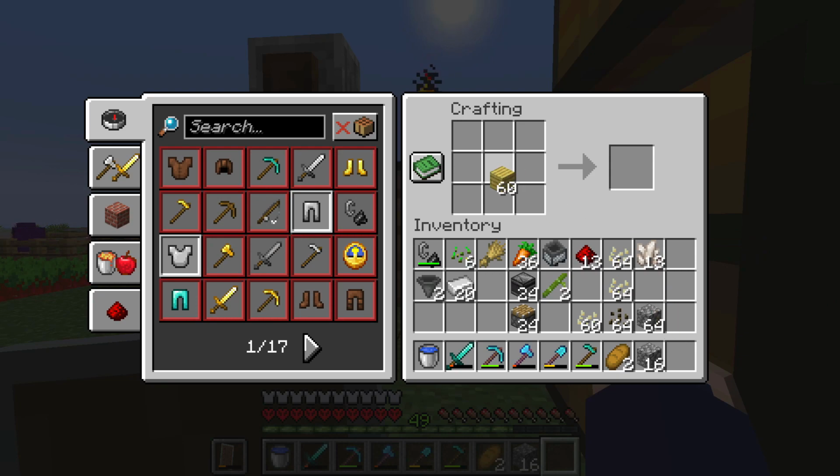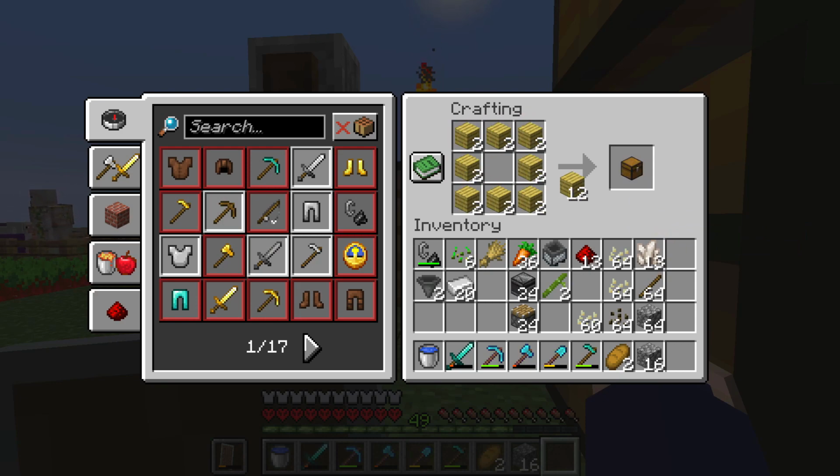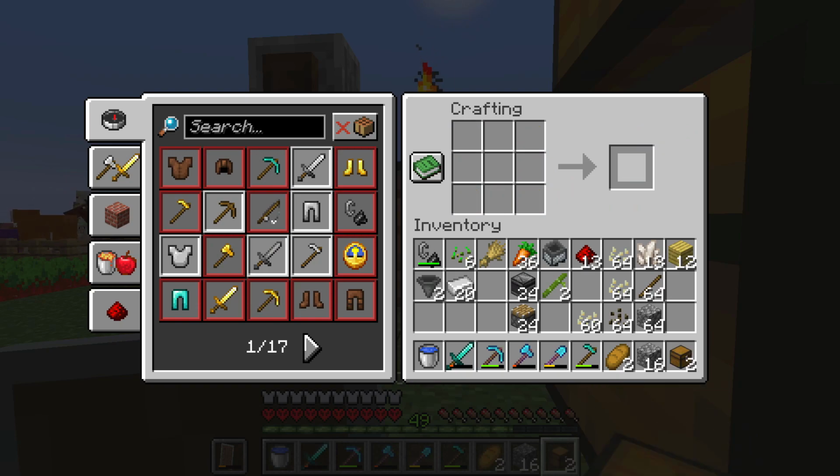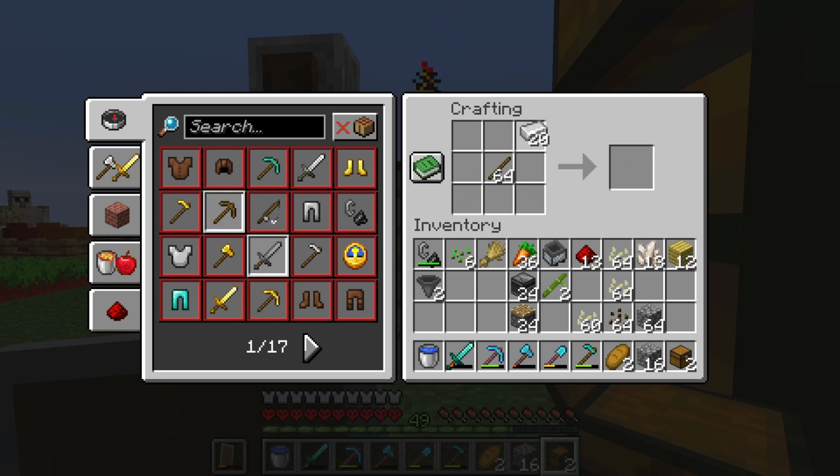Now we need sticks, because we gotta make rails. I actually have a whole chest of sticks. I don't know why I'm doing this, but it's fine. And then we need at least 1 double chest. Yeah, that'll work. Okay. And then how are rails made? It's like that. And then, right? Or is it? Okay, perfect. So we only need about